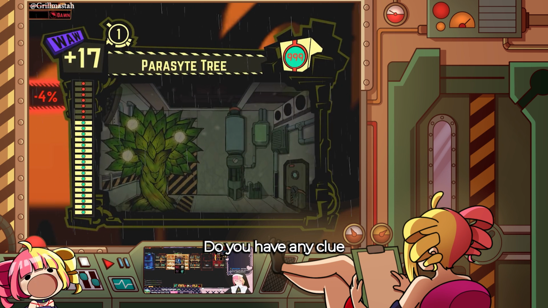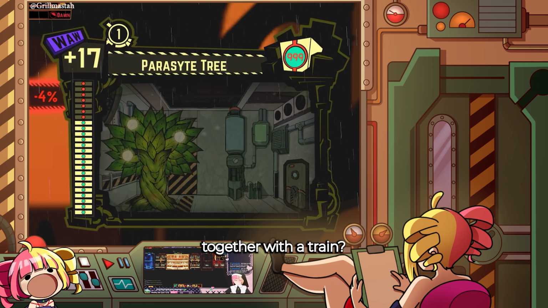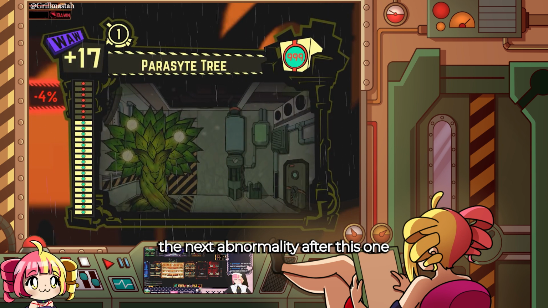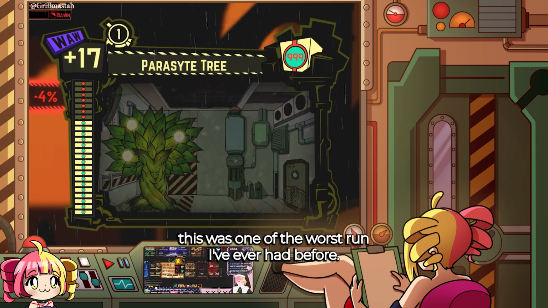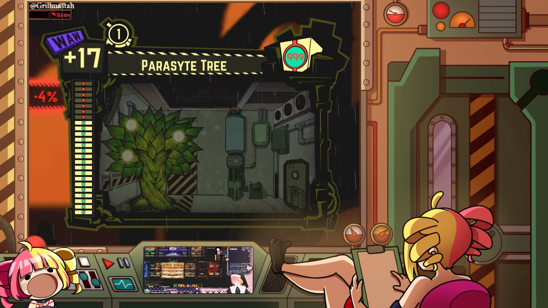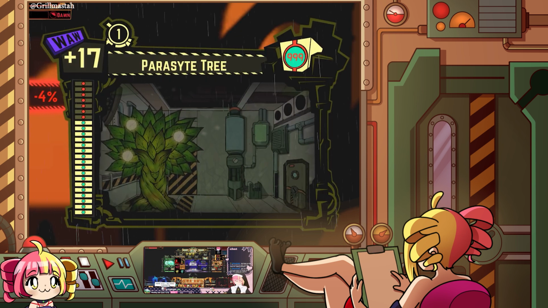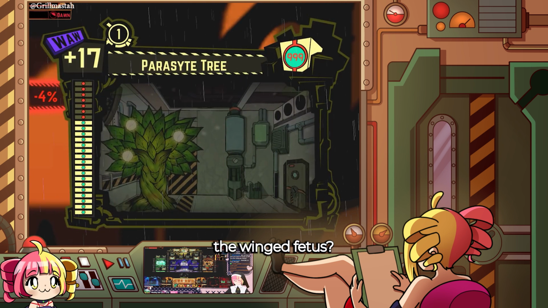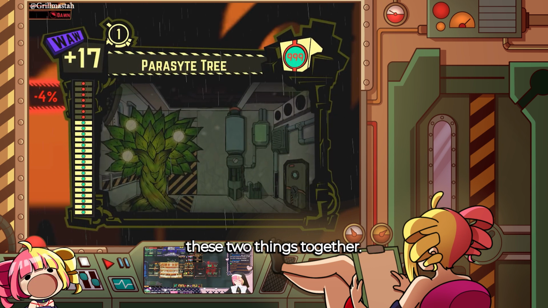Do you have any clue how hellish it was for me to experience having to babysit this tree together with a train? Also, aside from that, the next abnormality after this one is also hell. So, this was one of the worst runs I've ever had before I reset it into a run with the winged fetus. Can I say that having the parasite tree and the train together in one run is so much worse than having the winged fetus? Absolutely. I would never wish anybody's game to have these two things together,